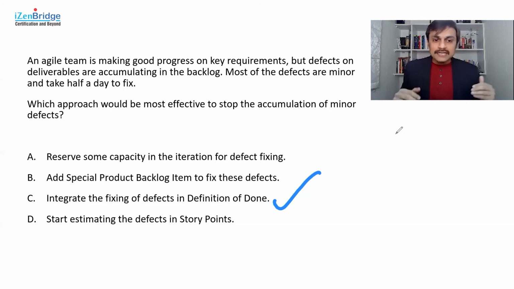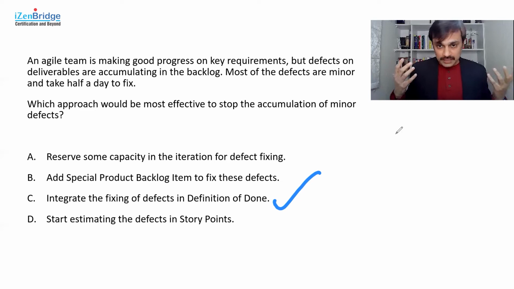So option B, add special product backlog item to fix these defects. You may add one item or multiple items in the product backlog where you focus on fixing those defects. It's already saying that you have accumulation of defects and you can add them into the backlog, and that may make it visible, and at some point in time you can fix it. But adding things in the backlog may not necessarily stop accumulation of it. It may make things visible and give a good focus in the conversation, but not necessarily take care of incremental accumulation of the